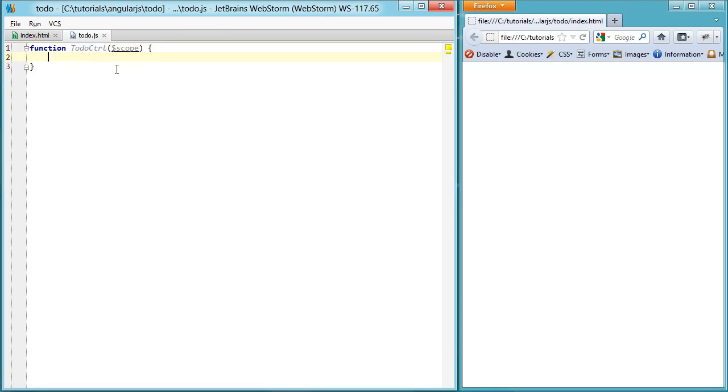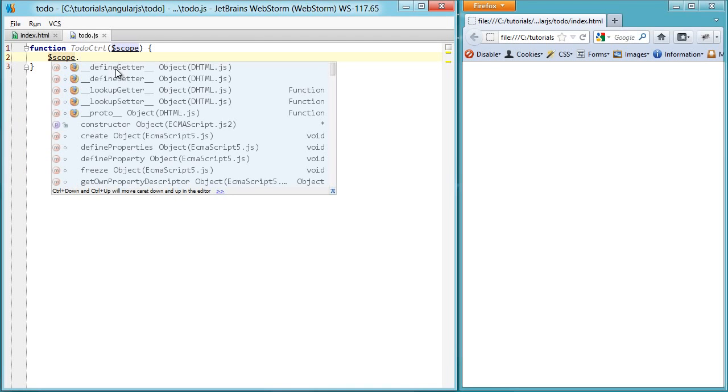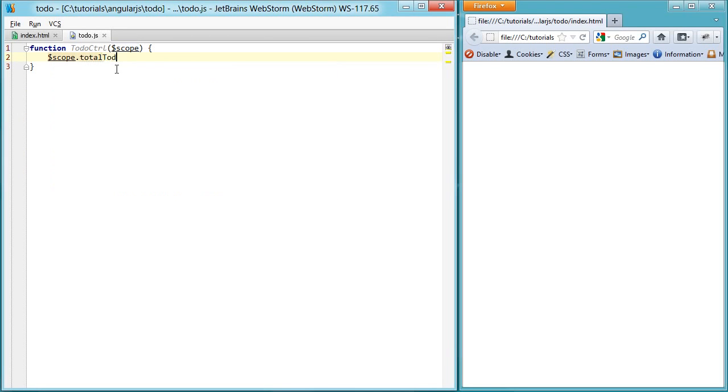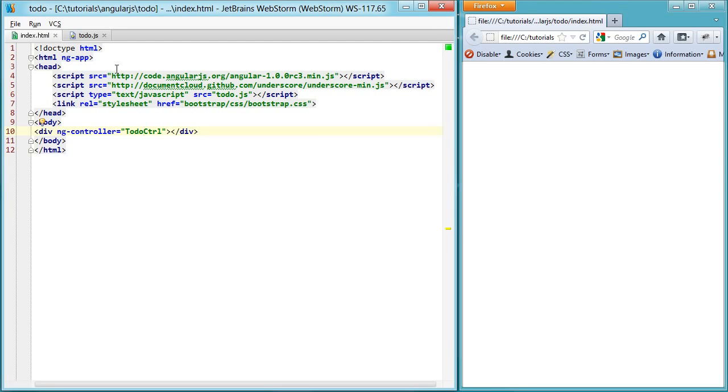Now that we have this set up, you might understand the scope right away just by looking at this, but again, I'll go into scope in further depth in future videos. If we set a property on the scope, like totalTodos, set it to 4, we can already take advantage of the binding available using double curly braces, a syntax that Angular uses, of just totalTodos. So if I refresh this, you can see the value of 4,